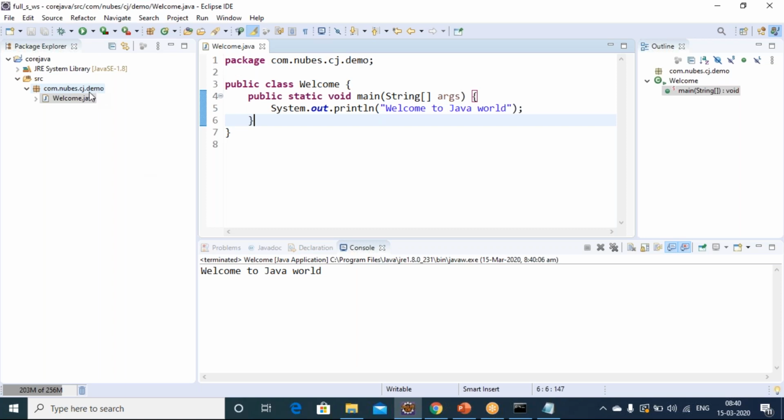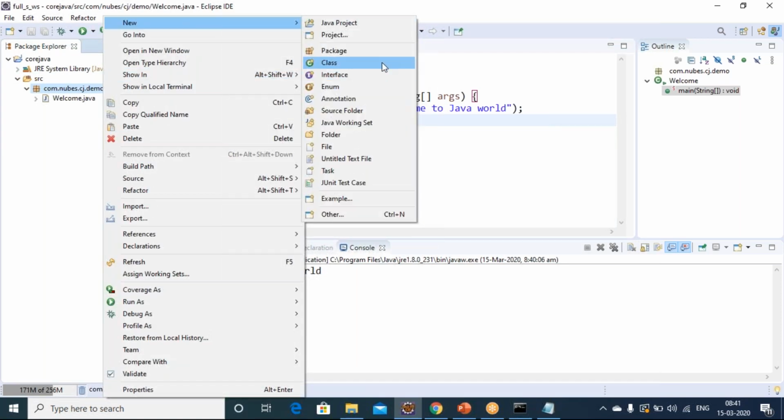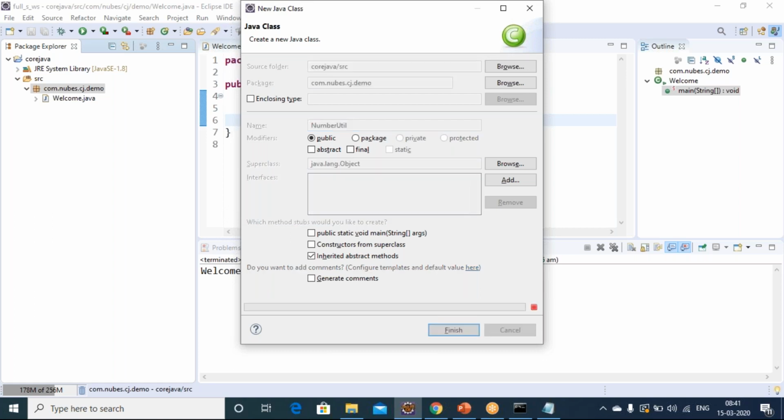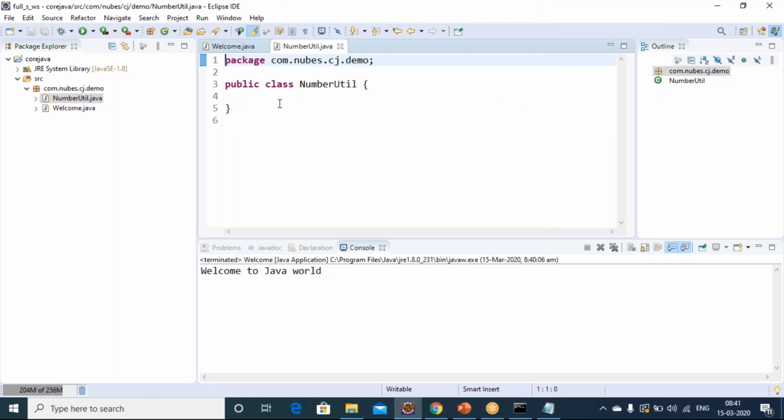Let me give you another example. I'm going to write a simple class. The class name is NumberUtil. I'm writing a NumberUtil, a class I created,